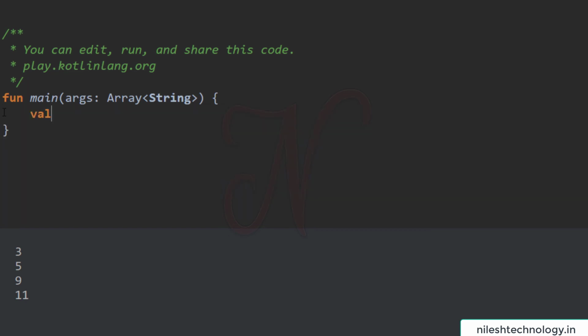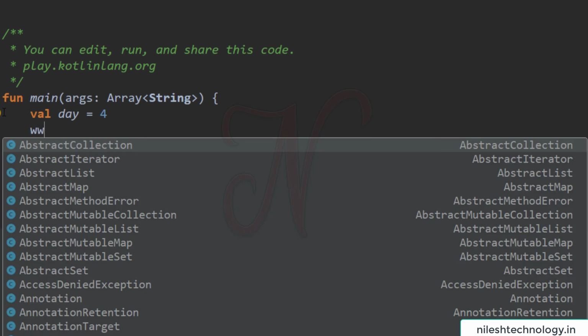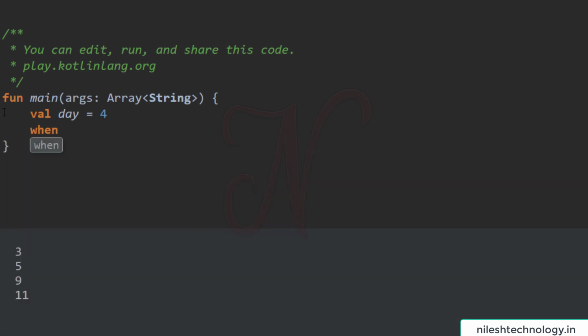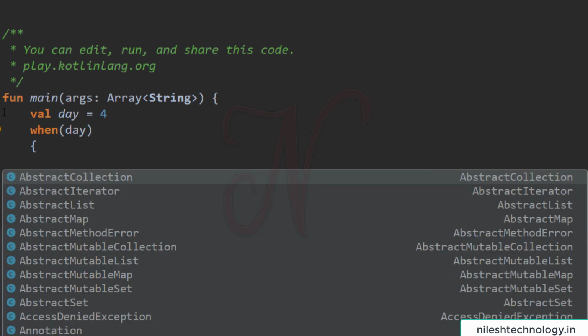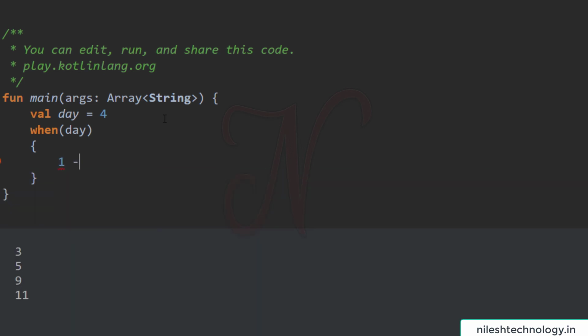So for example, your value of day is equal to 4, and in when we pass the value of this day here, and like switch, here we define cases.